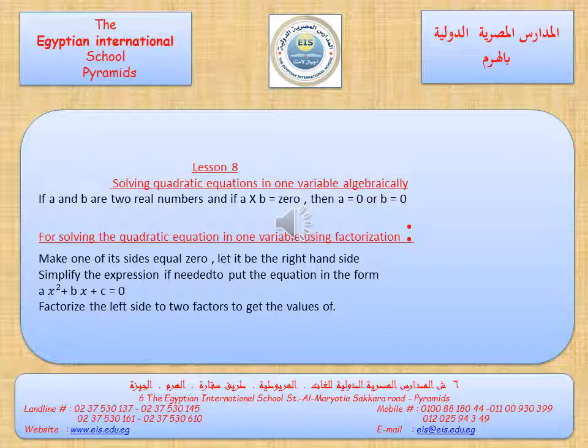If we have one equation in one variable such as x plus 2 equals 0, what shall we do? We convert the sign of 2 into negative, so x equals negative 2. So the solution set equals negative 2, but the equation here is of first degree and we have only one variable, x. If we have an equation of second degree, such as ax power 2 plus bx plus c,